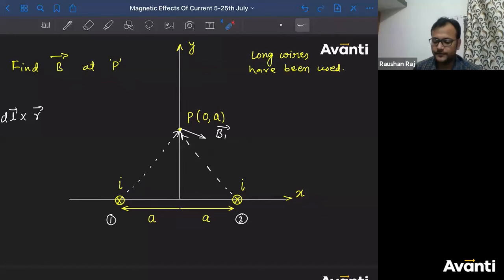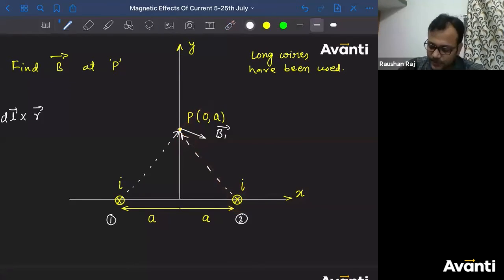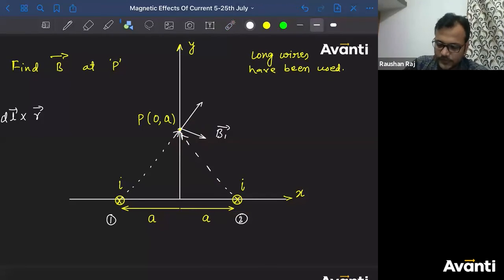B cross R. ऐसे करो. B cross R. है ना? So finger, sorry, finger should be here and palm should be in this direction. So this will be the direction of thumb, right? तो यहाँ पे B2 का ये direction मिलेगा. Let me move this P point here. So it should be perpendicular to this one. Let me draw that. ये कुछ ऐसा दिखेगा. So this will be B2 vector. This will be perpendicular to this. इस तरीके से आंसर मिलेगा आपको.